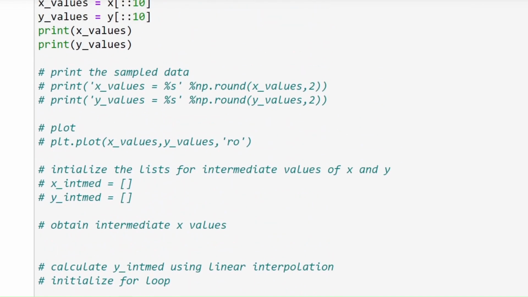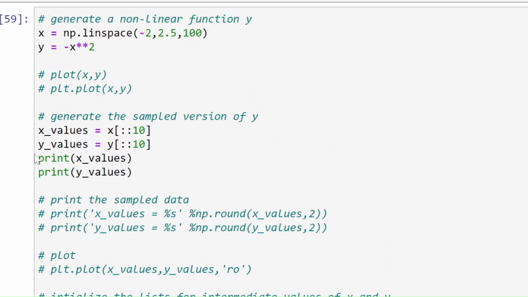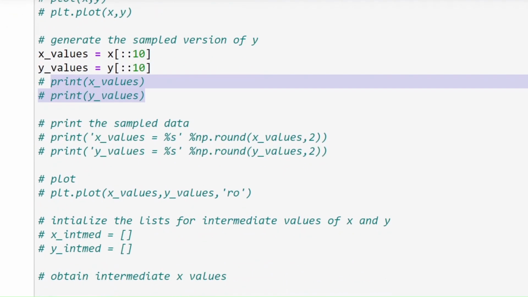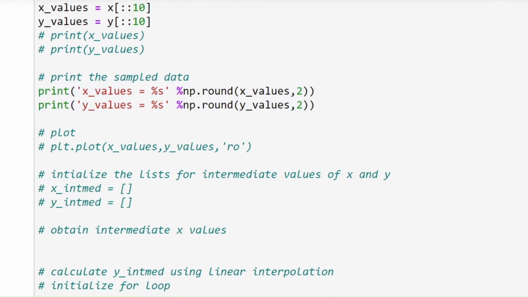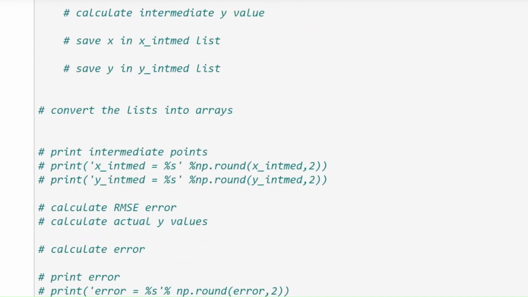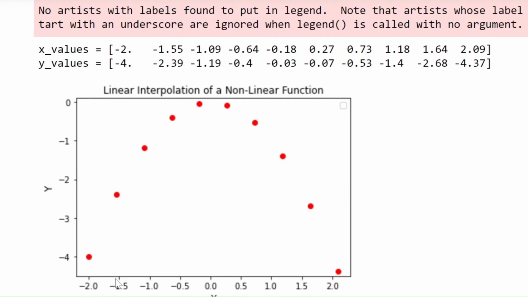Let me just plot them and show you how they look. Let me activate this print, and I'm going to plot these sampled values and again activate my plot general settings. So here we are. Now you see that these are 10 points that have been sampled from the y equal to minus x square function. And the idea is that we will specify intermediate points, the missing data between these sampled points, and so on and so forth, and then try to recover those points, try to calculate the y values of those points